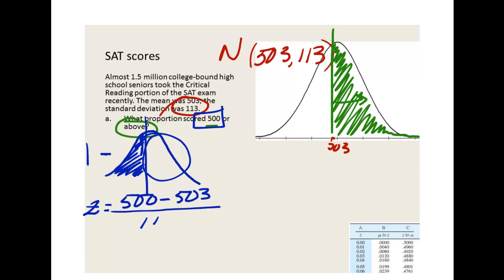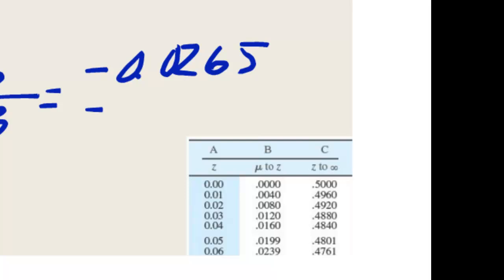So 500 minus 503 over 113 equals -3 over 113, which gives me really a very small number of -0.0265. Now the table only uses z-scores to 2 decimal places, so I'm just going to go ahead and round